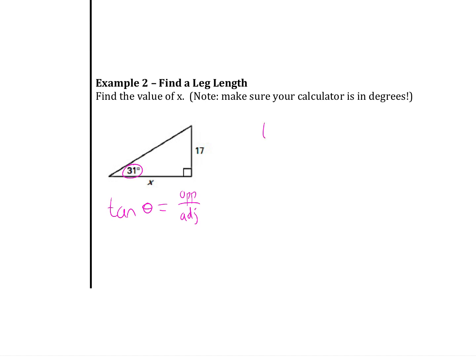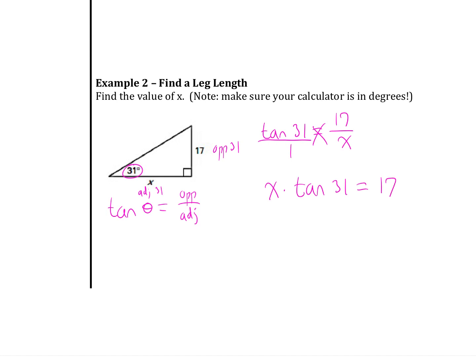So what angle are we using here? We got tangent of 31 equals, what's the opposite side of 31? We got 17, and what's the adjacent side? This is opposite 31, adjacent is going to be x, right? We got 17 over x. All right, we need to solve for x now. How do we do that? Well, we're going to create a proportion here. We're going to cross multiply, okay? So what I'm going to get is x times tangent of 31 equals 17 times 1